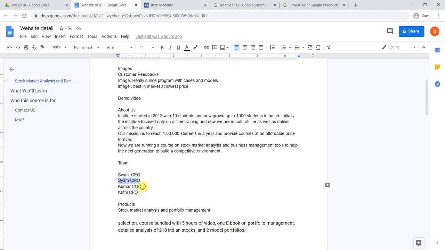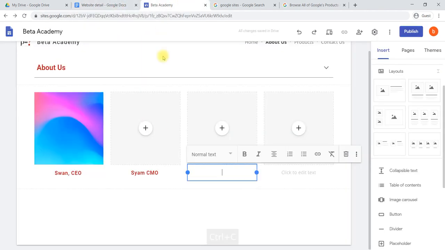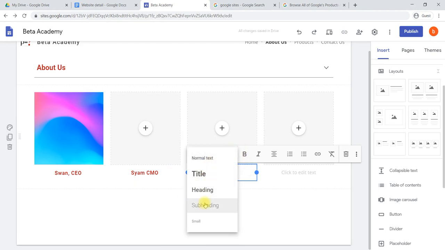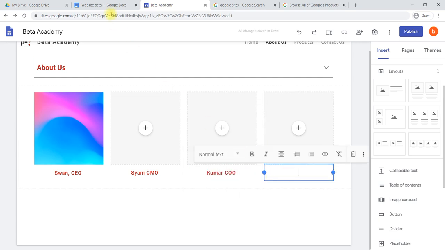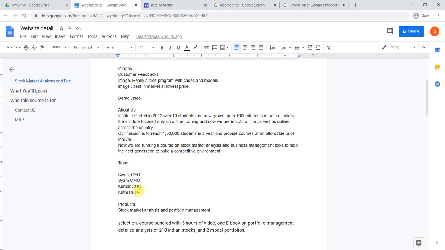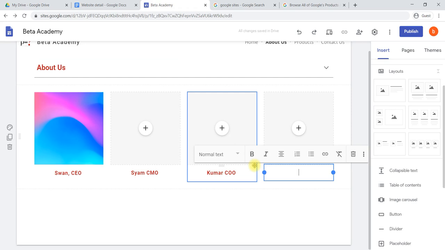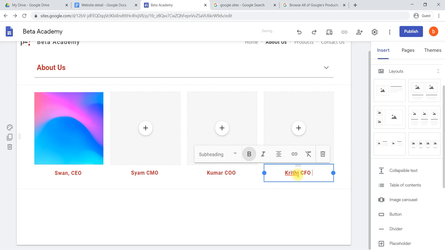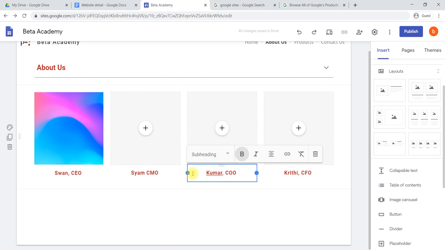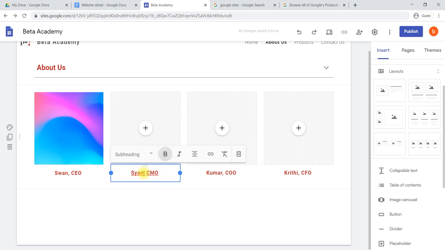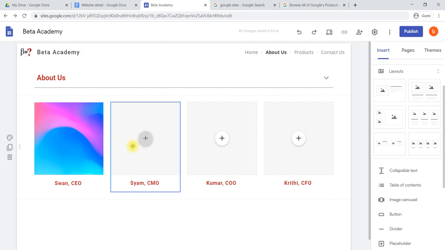Again here, subheading. Like this we can change it to any format, so that it will look better. Okay, we'll give one comma, so that their name and their designation are given here. Okay, so this is the way we can tell about our team.